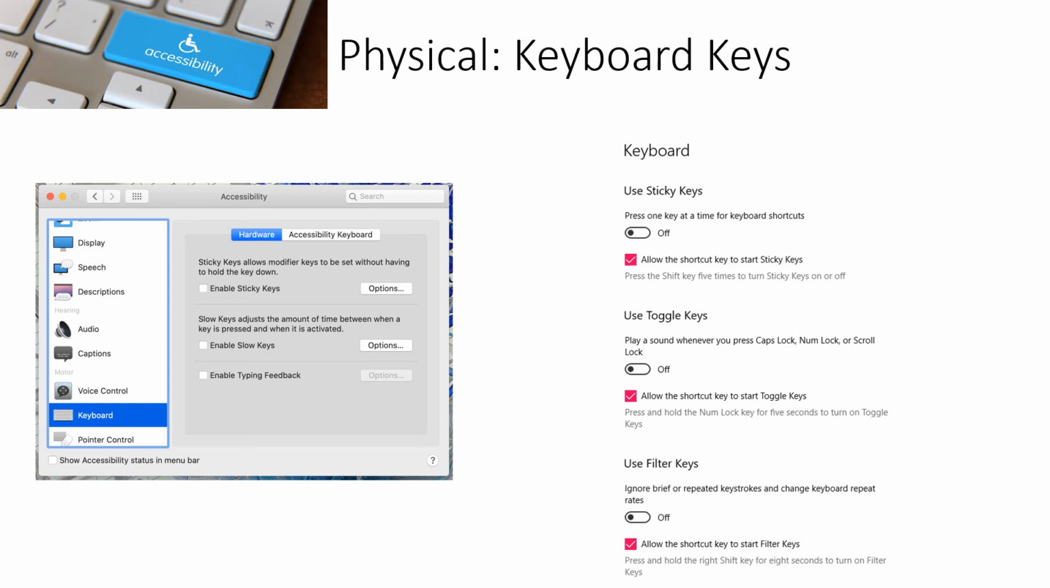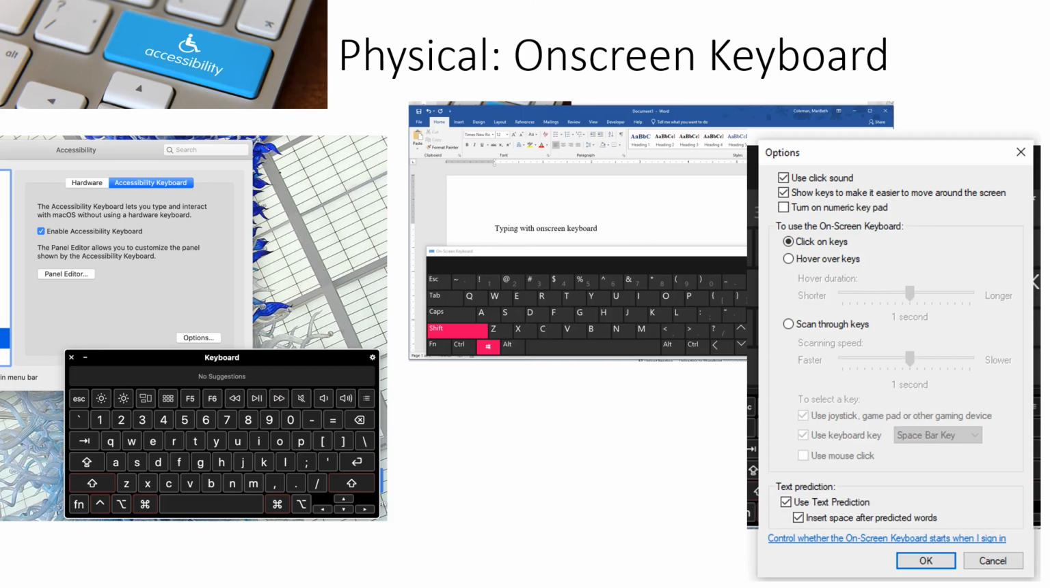These are not newer features. They've been around for a long, long time. All right, the next thing is for physical, there is a built-in on-screen keyboard. This is awesome because I actually have used this for one of my kids when I needed to do some programming on a device that didn't have a physical keyboard, and I was able to open up his on-screen keyboard